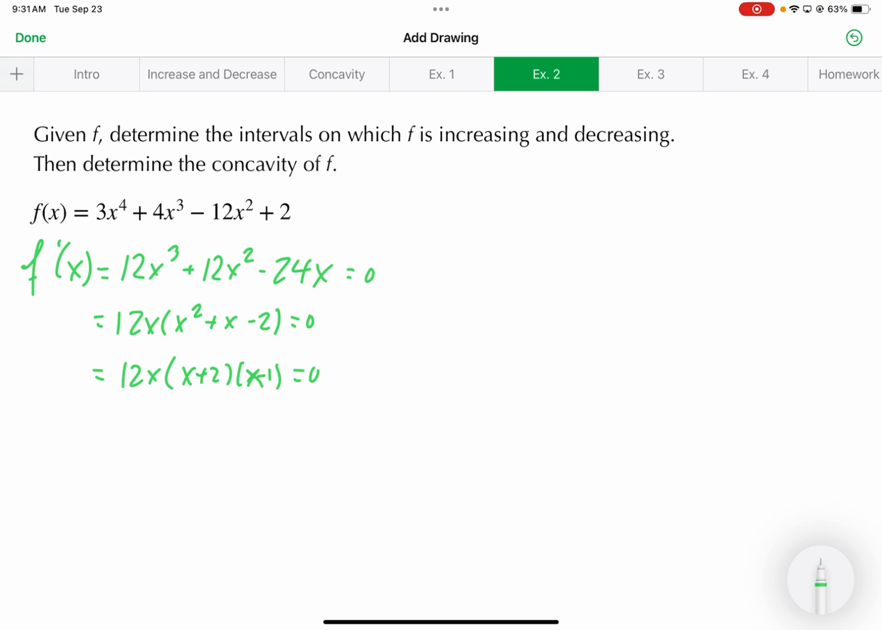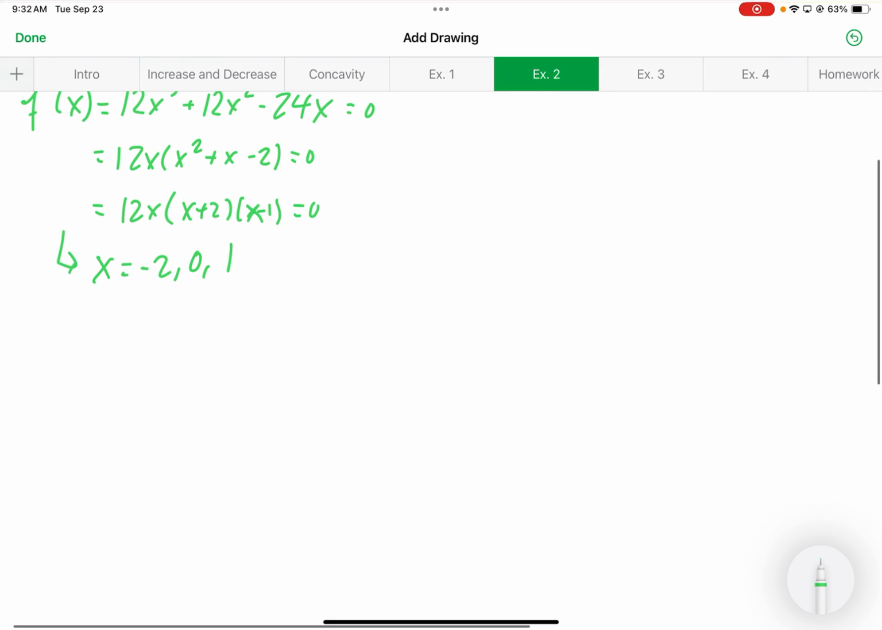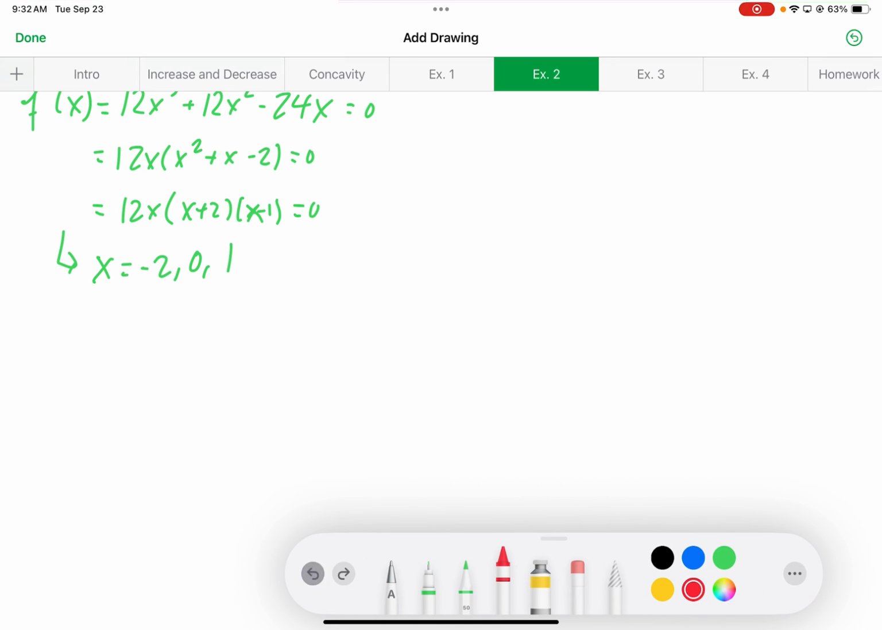Okay, so then if we set each one of them equal to 0, how many zeros do we get? Yeah, so then that gives us x equals -2, 0, and positive 1. Okay, if I list them in numerical order. So then those are the values that I want to use to set up my intervals. Again, my original function is a polynomial, so its domain is all real numbers. So then I want to test from negative